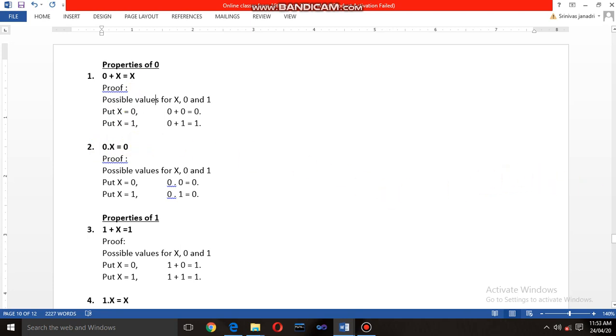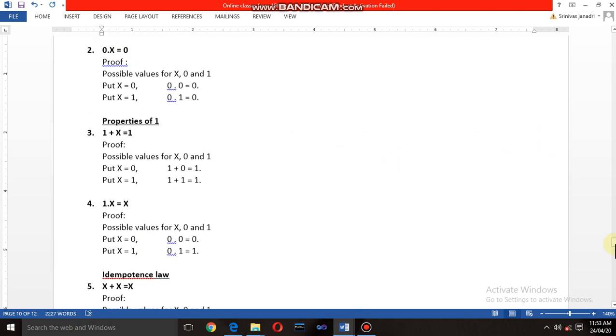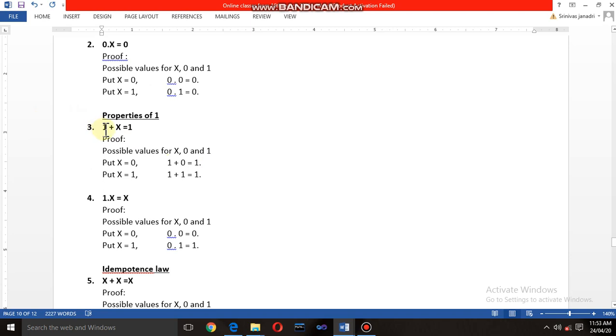Likewise, properties of 1 are there. When you apply the OR operation with 1 and one of the variables, called x, you will again get 1. Here is the proof. Possible values of x are 0 and 1. When you put x is equal to 0, 1 plus 0 is equal to 1. When you put x is equal to 1, 1 OR 1 again gives you 1. Likewise 1